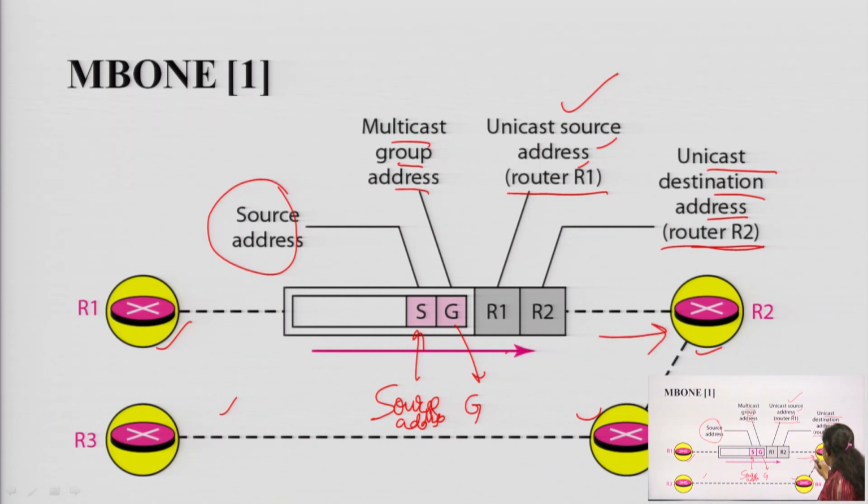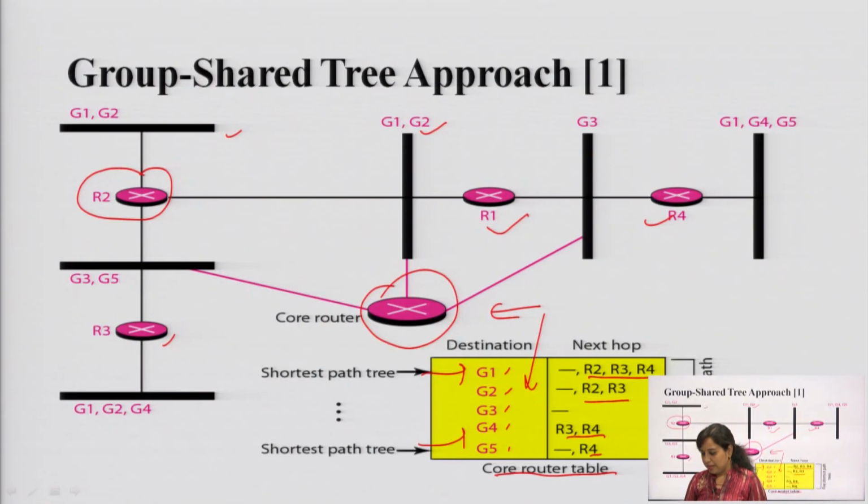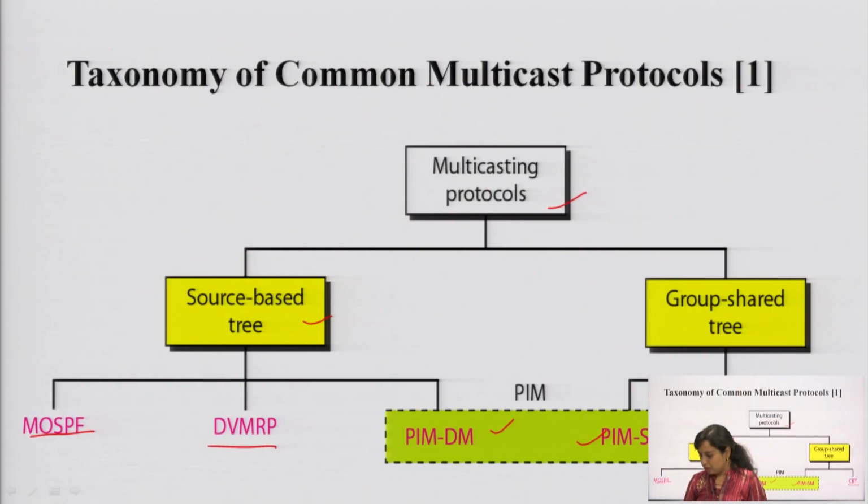So, the packet will be received over R2, because this will act as a destination address, then it will be transferred either to router 4, that is denoted by R4, and it will be transferred to router R3, that is denoted by 3 over here. So, this is the concept of M-bone which has been shown over here. So, this is how the packet will be generated from a particular router and transferred to another router over the network. In this diagram, you can see the multicast protocols,